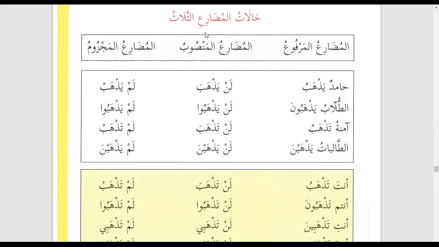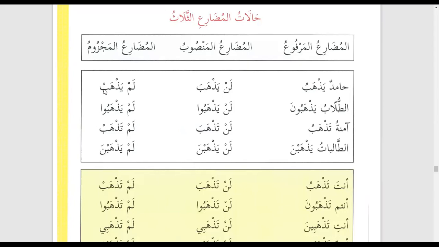That's why when we are learning Arabic, we have to be active and our brain has to be alert. So una, ina. I should say una and ina only. So when we have dhamma, that means it is marfu. When we have fatha, that means it is mansub. And when it is sakin, then we say this is majzoom.